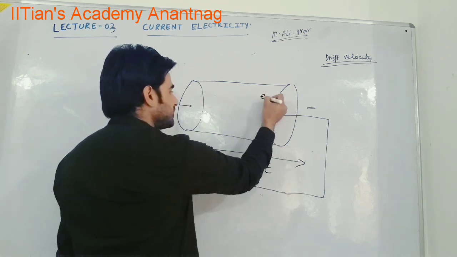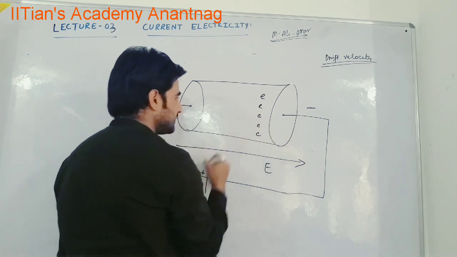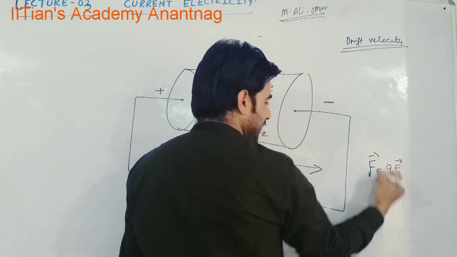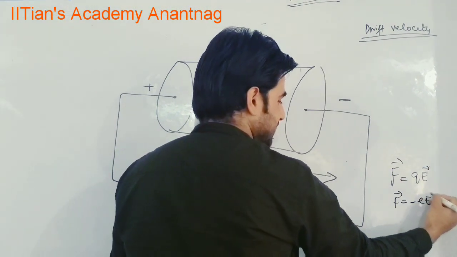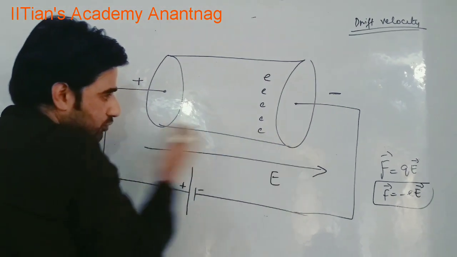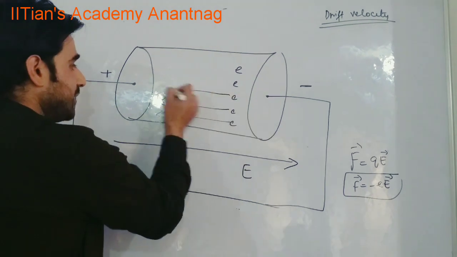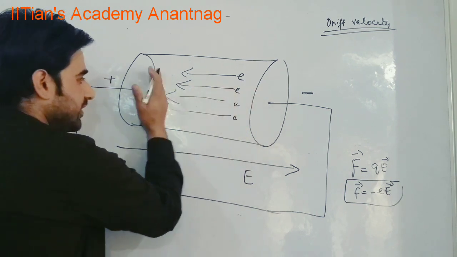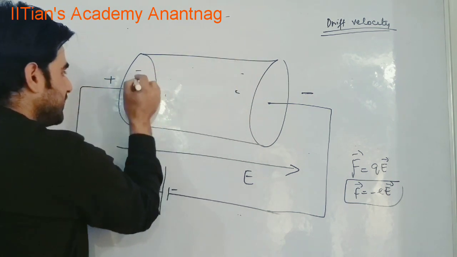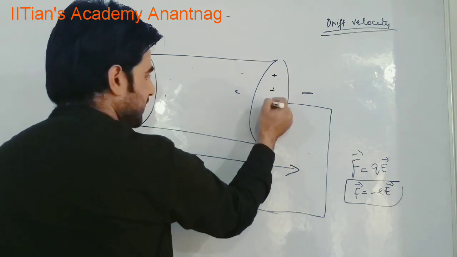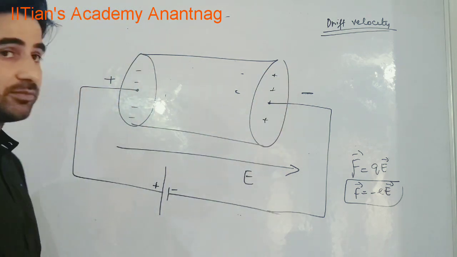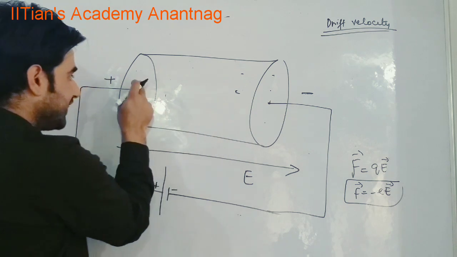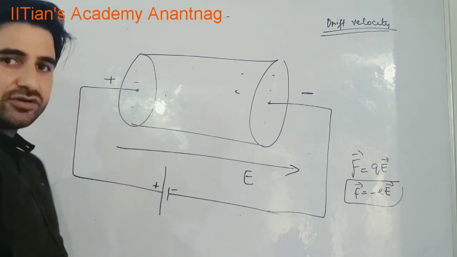Now, the free electrons inside the conductor will experience force because of this equation: F is equal to qE, and for a single electron, F is equal to minus eE. The same thing is happening with every electron. They are going opposite to the direction of the electric field. In the previous case, when this conductor was isolated, these electrons used to accumulate at this point, and later on we used to have net negative charge and net positive charge. Now that is not going to happen. No accumulation is now possible. Why? Because now connecting wires are there. When electrons come here, positive potential is waiting for them.